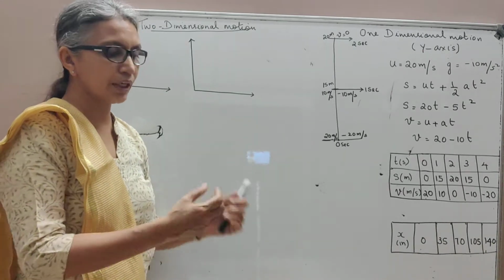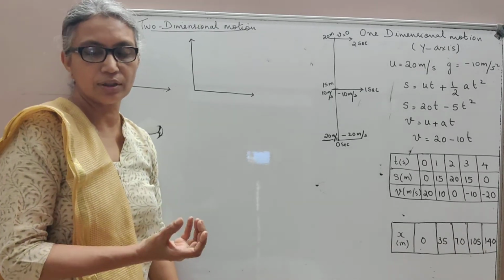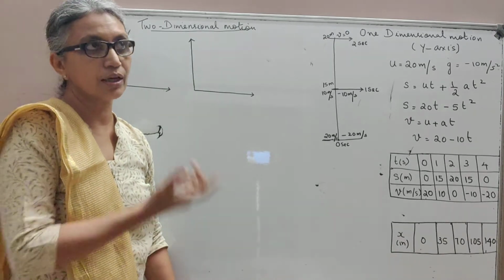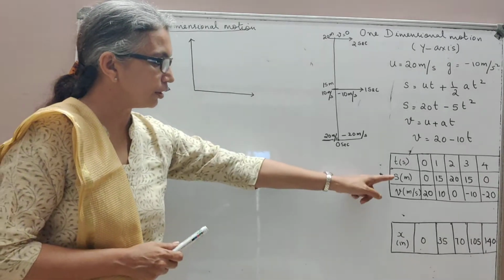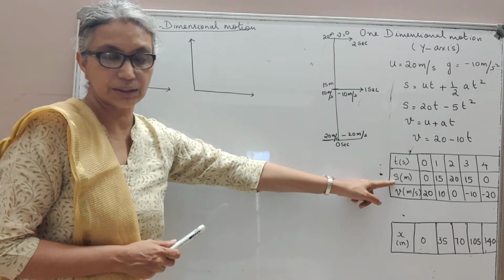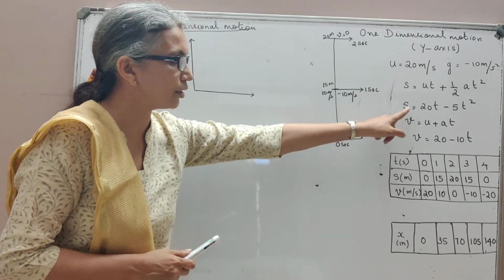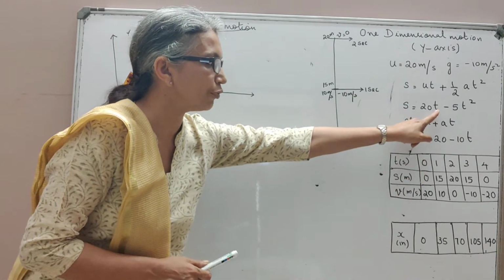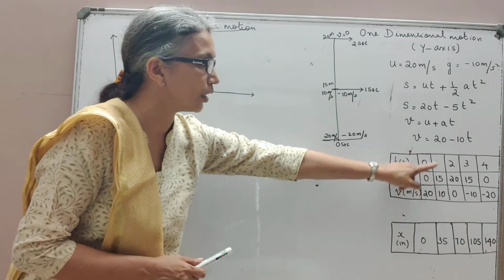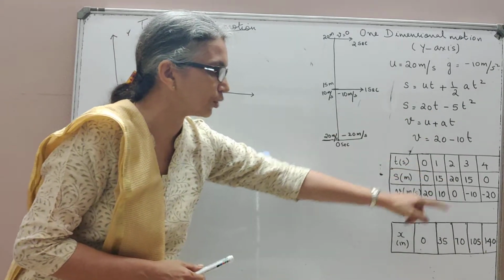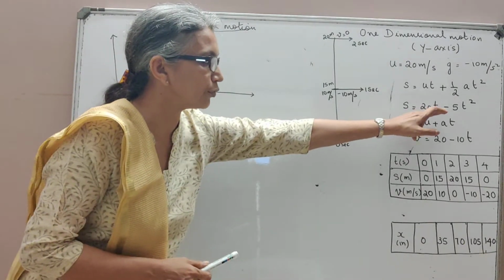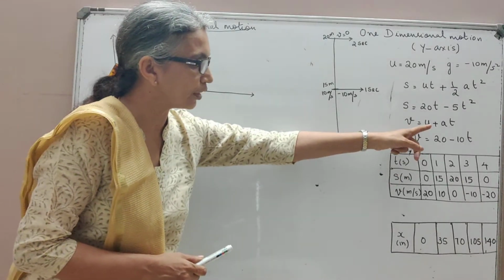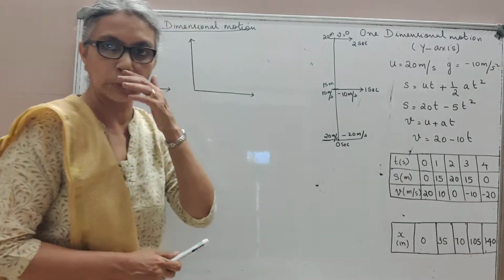So this is the case where we have a body in one dimensional motion. My ball is projected with 20 meter per second under the acceleration due to gravity. It goes up and then comes down. If I plot the displacement in meters, substituting time as 0 in my equation, I get displacement as 0. At 1 second, I get 15 meters. At 2 seconds, if you substitute, you get 20 meters. At 3 seconds, the displacement is 15 meters. And at 4 seconds, it is back to displacement equal to 0.